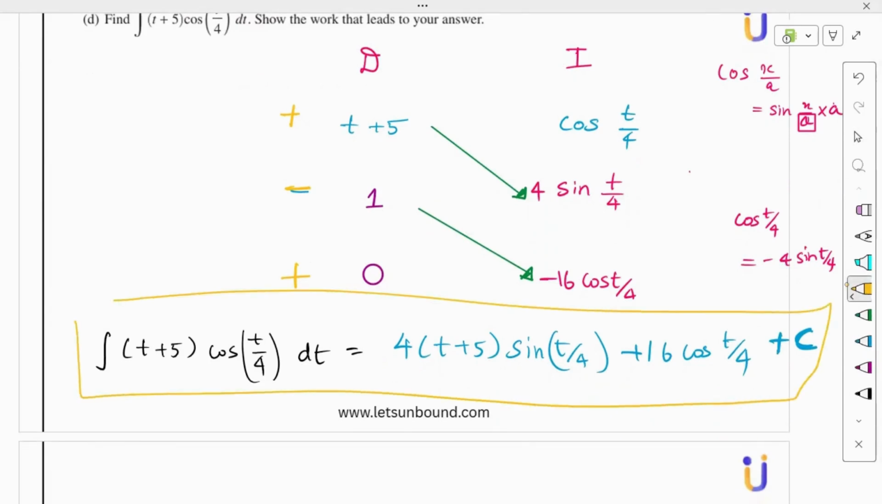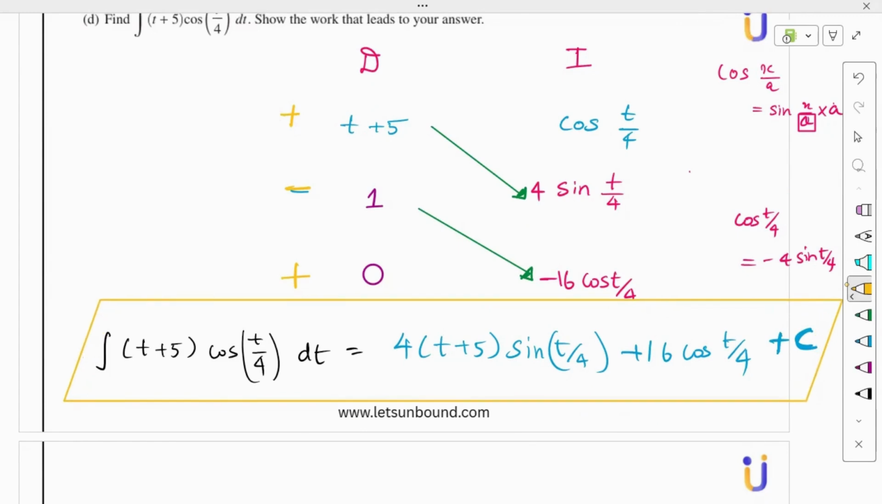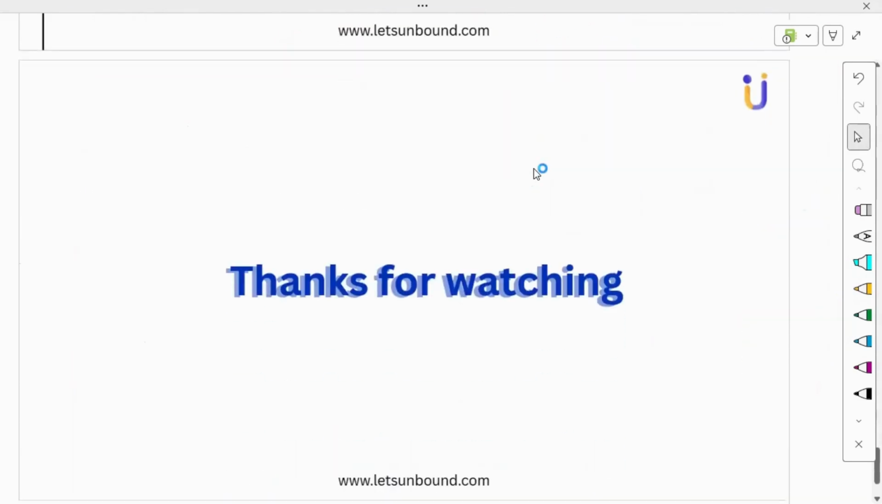This is the solving part, using the DI method. And yes, that's the wrap for today's video. In this question, we did multiple things, starting from calculating f of 2 pi using Euler's method and then